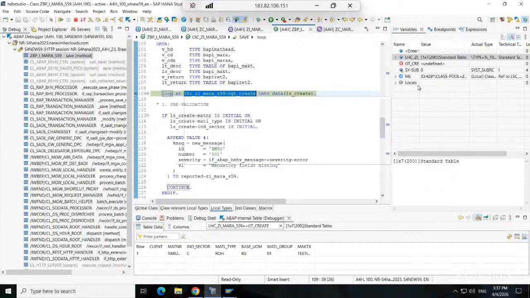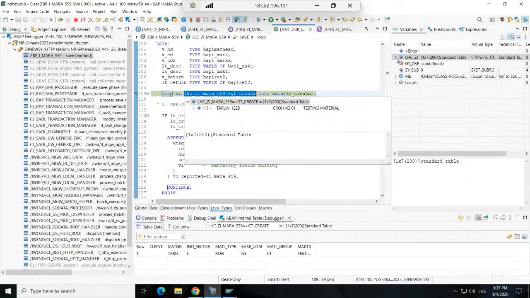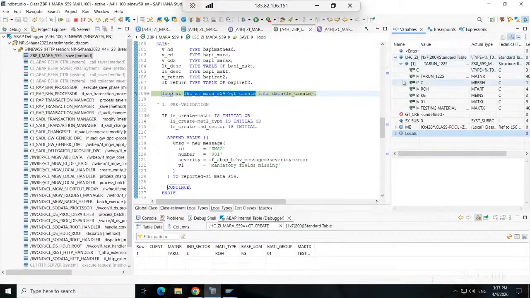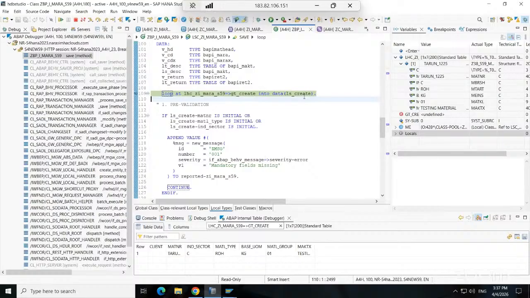Yes, sir. Local class, sir. Class name, and GT underscore create is the internal table. The class with internal table we are looping. Yes, sir. It will behave like an internal table. Now we put here ls underscore create is the work area. Sir, work area. Now this ls underscore create has all the information entered by the user on the